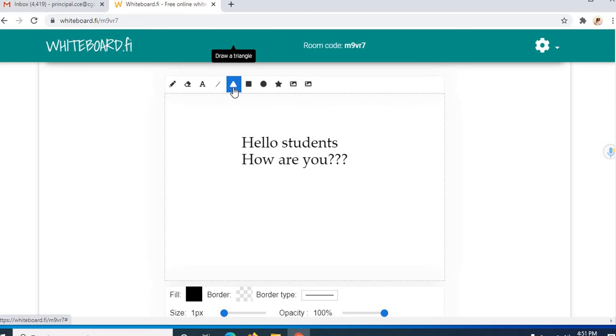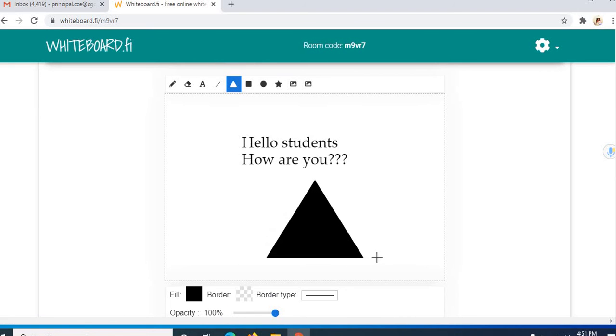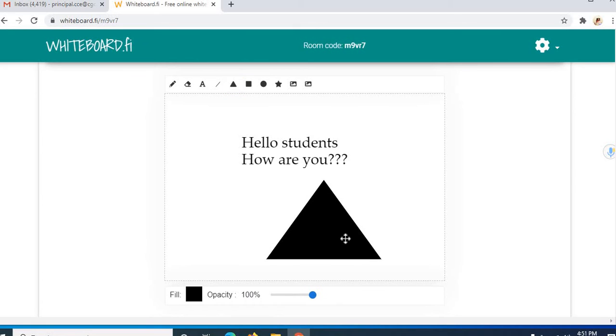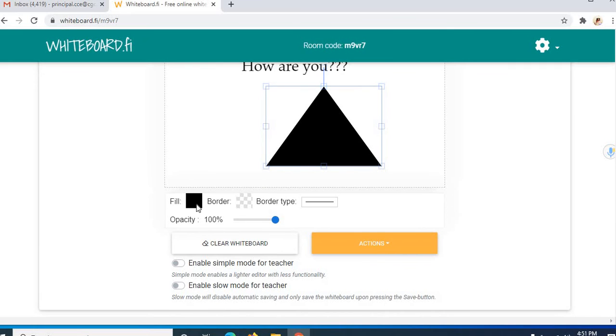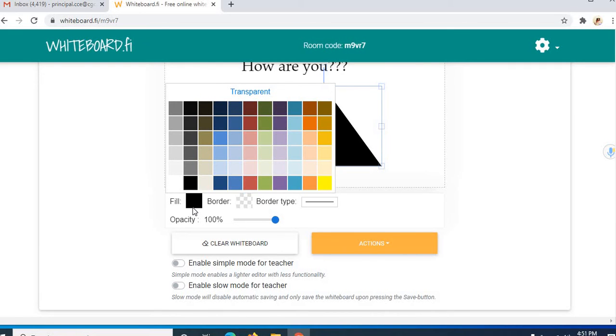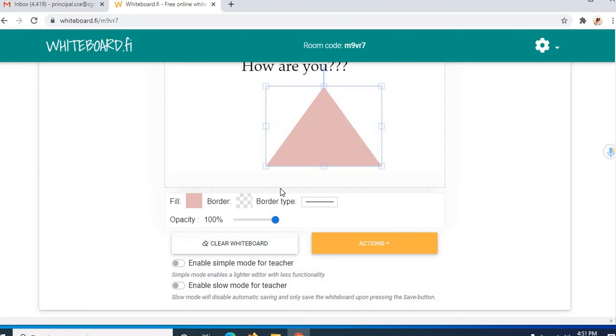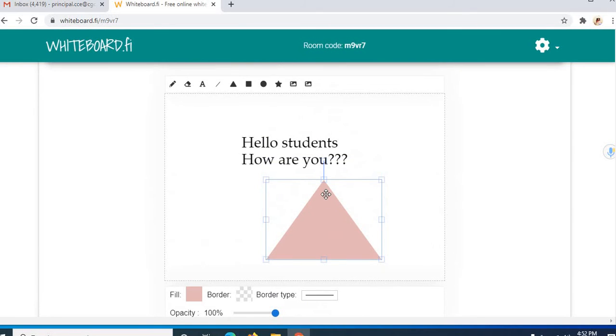Suppose I want to draw a triangle, this way I can draw a triangle. Another edit feature is that I can change the color, or have different colors. Suppose I want to use this color, this way you can change the color of your triangle also.